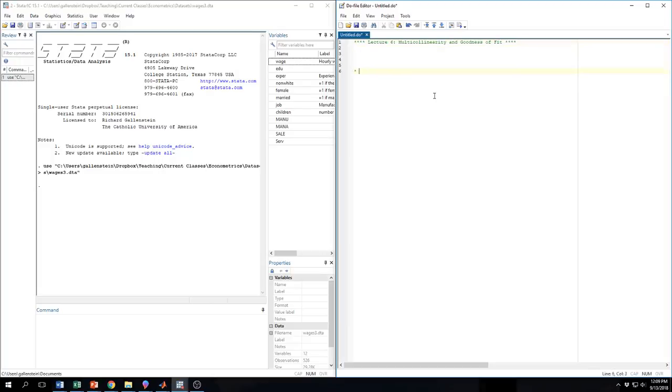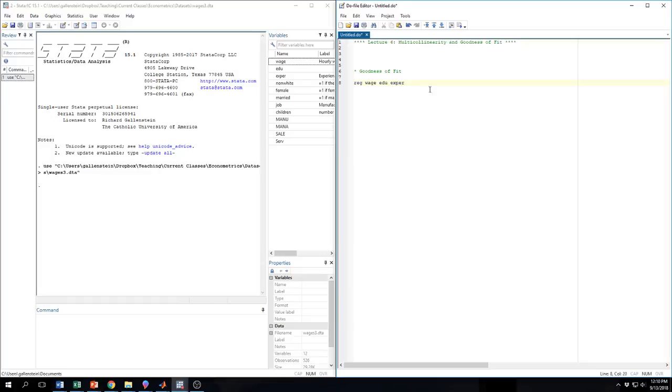First, let's talk about goodness of fit. We're just going to polish up that conversation. Let's run a model so that I can show you how to calculate those goodness of fit variables from the Stata regression output. The Stata regression output is kind of neat in terms of what it presents to you. So let's run a basic model: wage regressed on education,